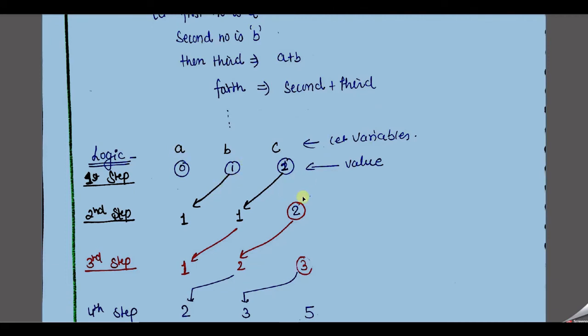How the swapping is possible, we can see easily. Here first we need to call two variables, which are used to store the initial two values 0 and 1, and get the third value with the help of a plus b. We call the third variable c, and c is used to store the value a plus b. Okay, the first third number is generated.